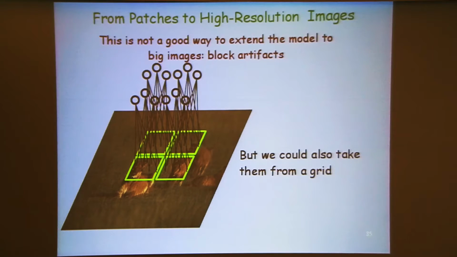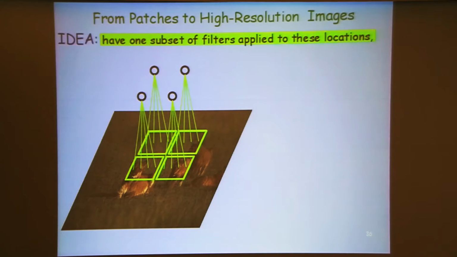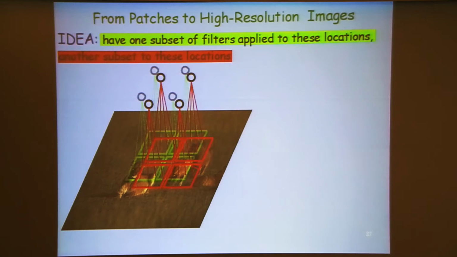This is not a good idea because you would introduce strong tiling artifacts at the borders of these image patches. So one way to deal with this is to say, I use a subset of the filters at these image locations. So I use, say, a green filter at these image locations, right? And I use another set of filters, these red filters, at these other image